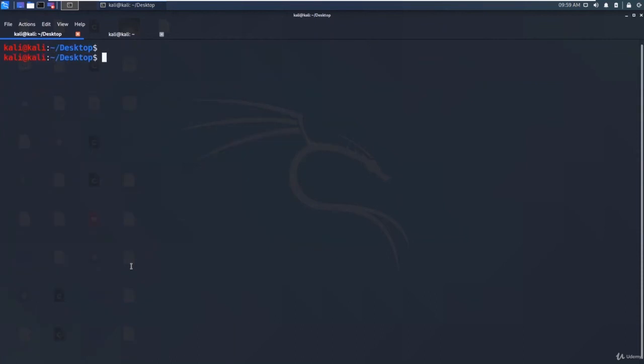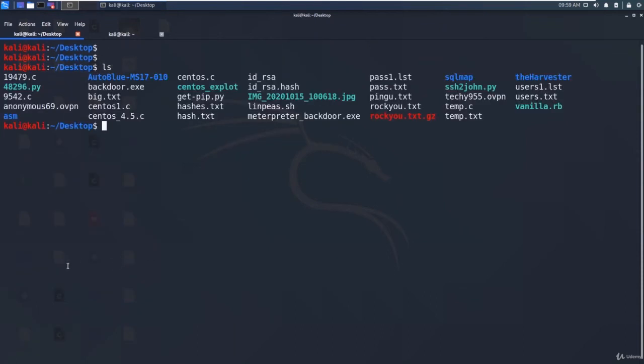Another way is netcat. We have already seen file transfer using netcat, but I will just show you once more. Netcat, and we are going to listen on port 1234 and take the input of the file name we want to send, let's say hash.txt.